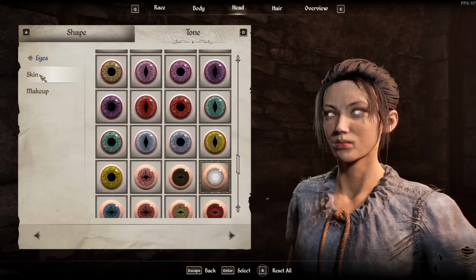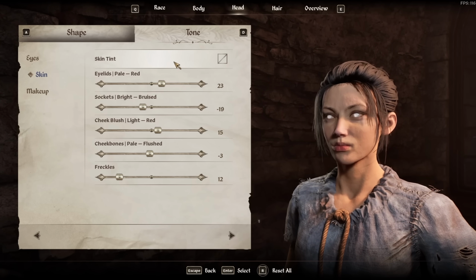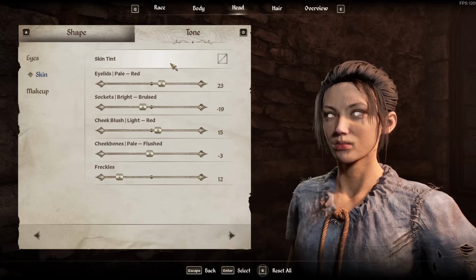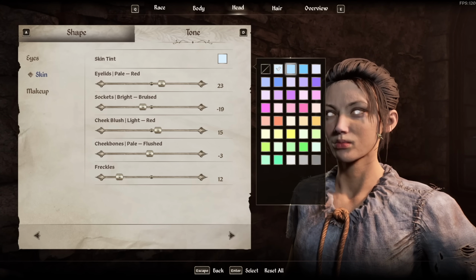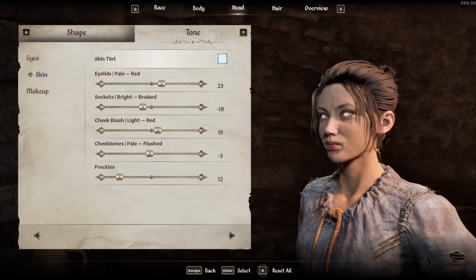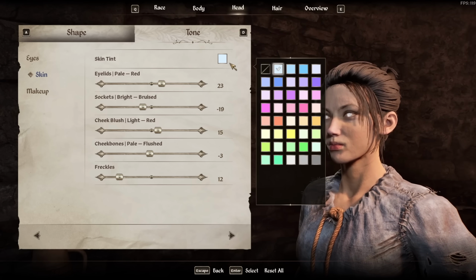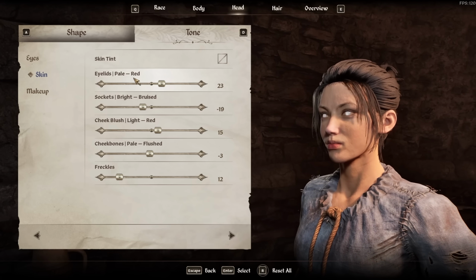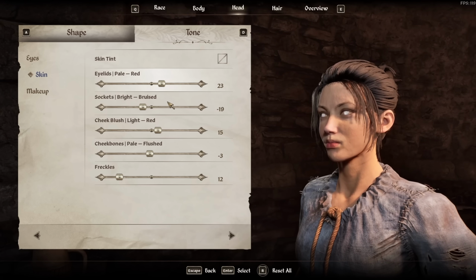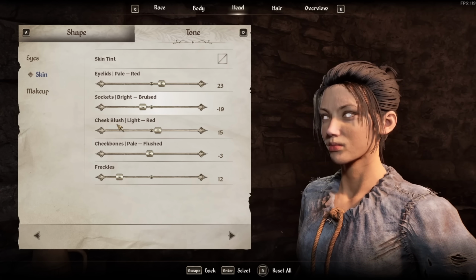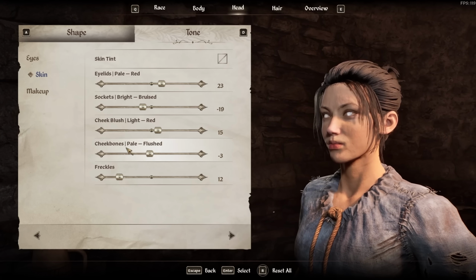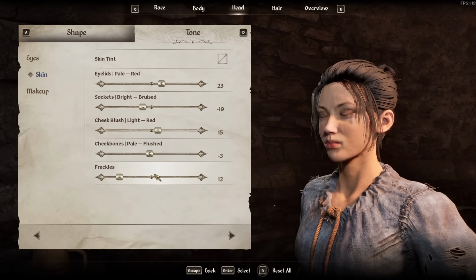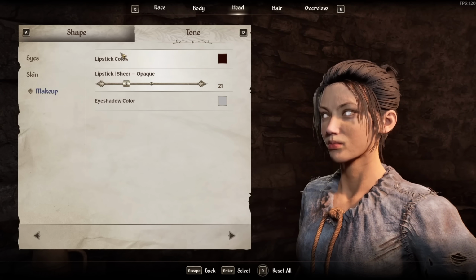So yeah, for the tone, let's just go really quickly. Skin tint, nothing. You can also try the first one. It gives more of a dead look, but it always depends on what kind of character you're going for. Eyelid pale red 23, socket bright bruised -19, cheek blush light red 15, cheekbones pale flushed -3, freckles 12,